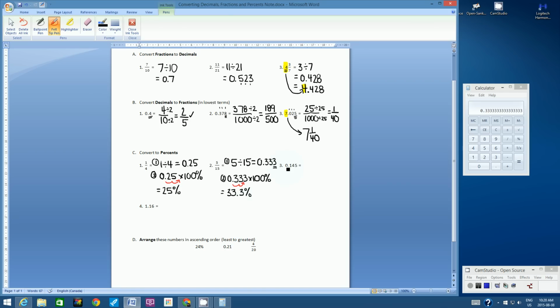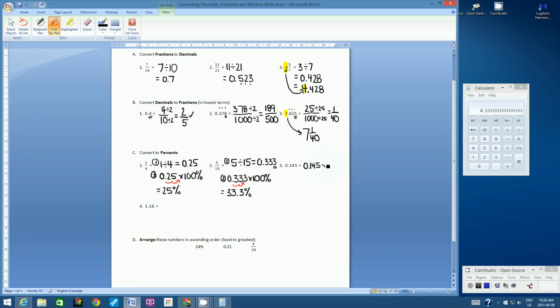All right, let's go on to number 3. What do you notice that's different about question 3? Well, question 3 is already given to us as a decimal. So we don't need to do step 1 where we convert the fraction to a decimal. We only need to do step 2. So that's pretty easy. So let's write out step 2,